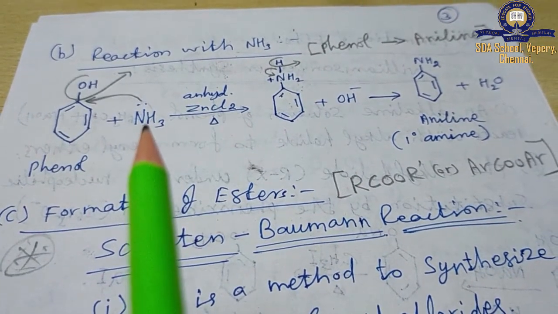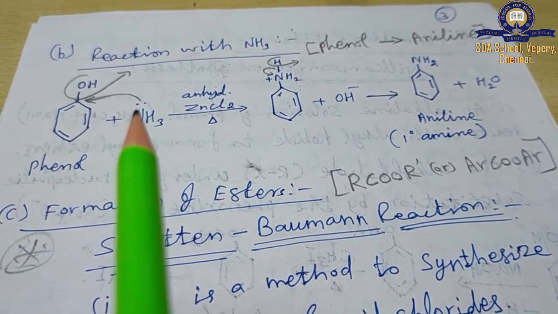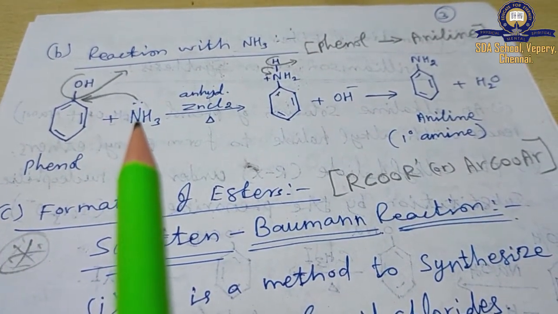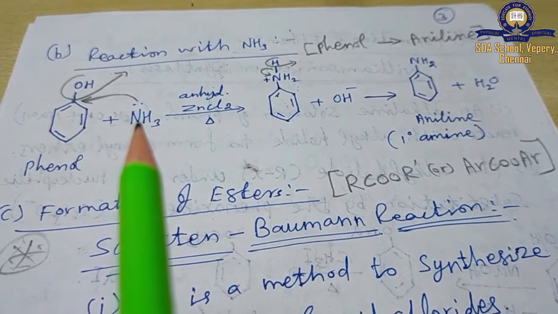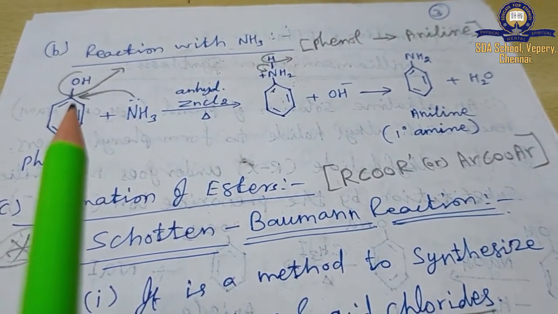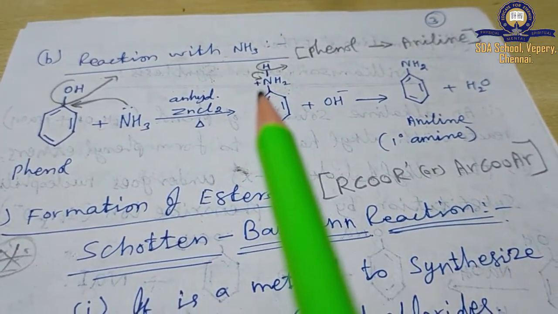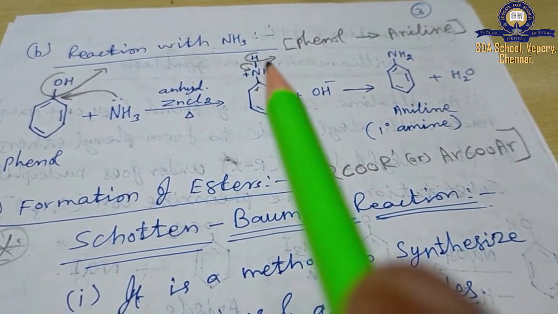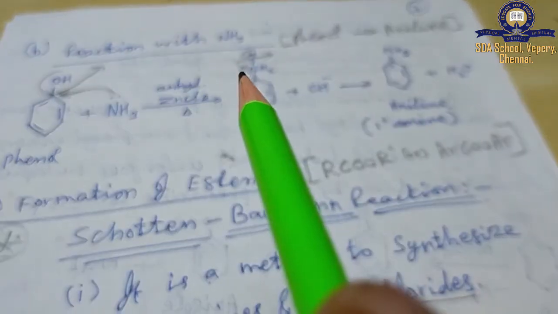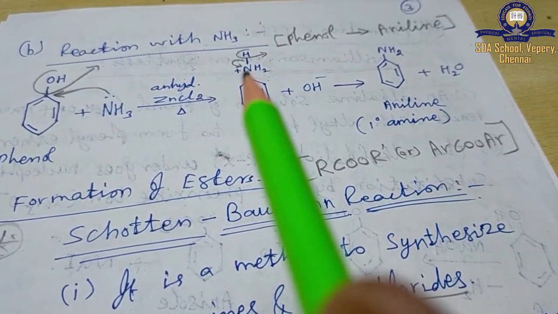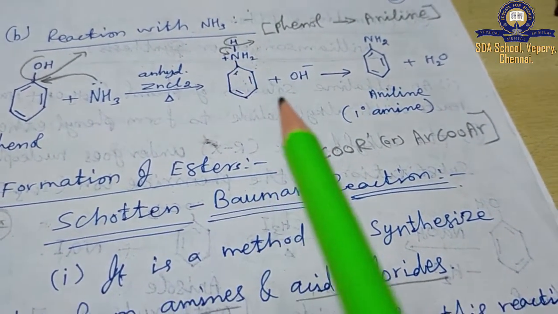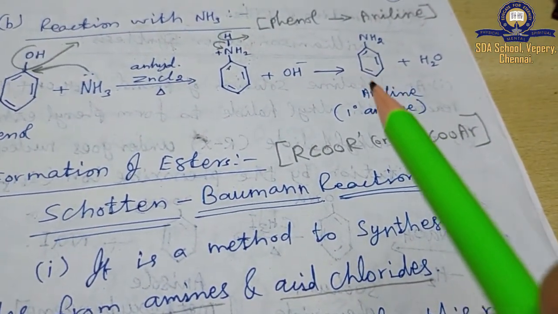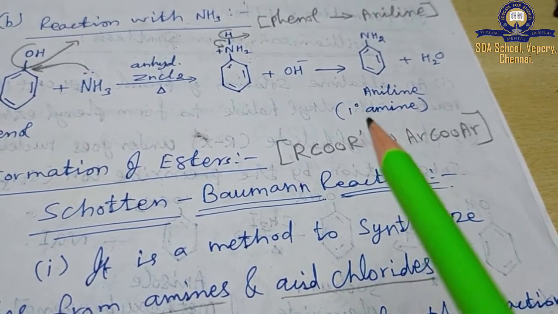Usually nitrogen valency is 3. Here the lone pair of electrons is used in bond formation with the carbon, so the 4th valency is occupied on nitrogen. So it is considered electron deficient. That means one electron goes to the carbon to make the bond. That's why nitrogen became positive. In the next step, from ammonia, one hydrogen is eliminated as H+, and then that bond switches over on the nitrogen itself to neutralize that positive charge. So that H+ combines with OH- and is eliminated as a water molecule, and aniline forms over here, that is a primary amine.